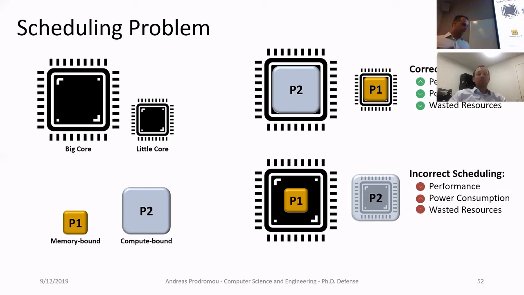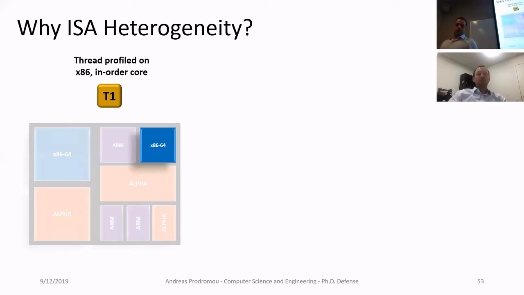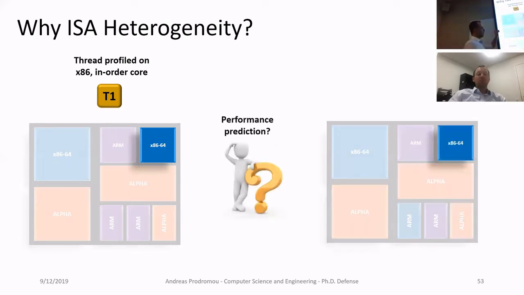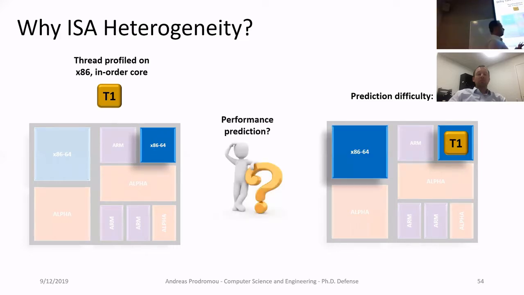management. But also, in this work, we chose to work with heterogeneous ISA architectures, partly because it makes the problem we're trying to solve more difficult. And to demonstrate that, assume this heterogeneous ISA chip and a thread that has been profiled on some x86 in-order core. Let's assume it was profiled on that one. If I ask you to predict performance when that thread runs on the same core, this is an easy problem. Hardware is the same, software is the same, we should expect similar performance. If I ask you to predict performance, however, for a different core, maybe an out-of-order core of the same ISA, the problem becomes quite a lot more challenging, actually,